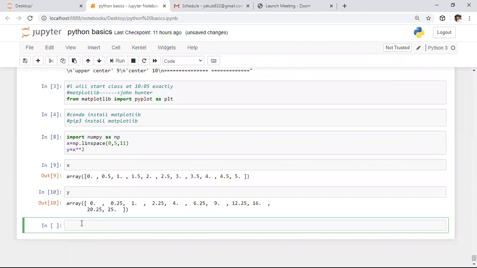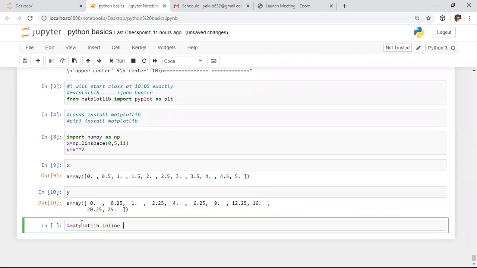After this, I want to plot the graph. To plot the graph, we have the plot function. Before this, if you want to display any graph from matplotlib in Jupyter Notebook, we need to enter this command. Whenever you want to see all the output graphs, we need to enter this command, that is %matplotlib inline. It is the command to observe all the graphs.